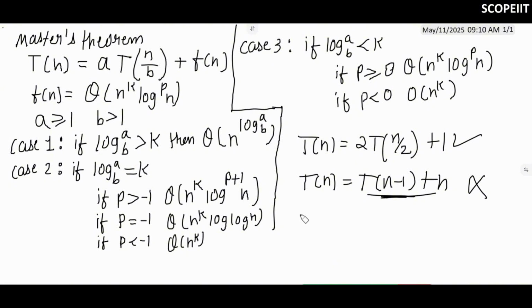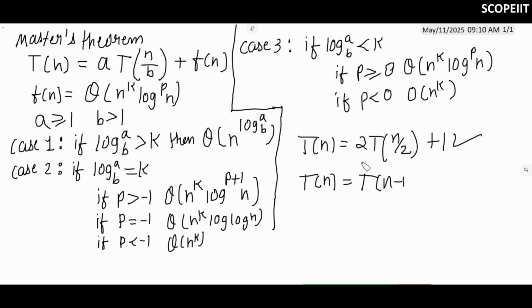Suppose now, tell me, T(n) = T(n/2) + n. Here, will Master's theorem work? Yes, here Master's theorem will work. Why? Because it is in divide form. So please take care of this before applying Master's theorem to any recurrence relation. Again, I'll repeat, to perform Master's theorem, we need it in divide form. If you have a negative term like that, then Master's theorem will not work.